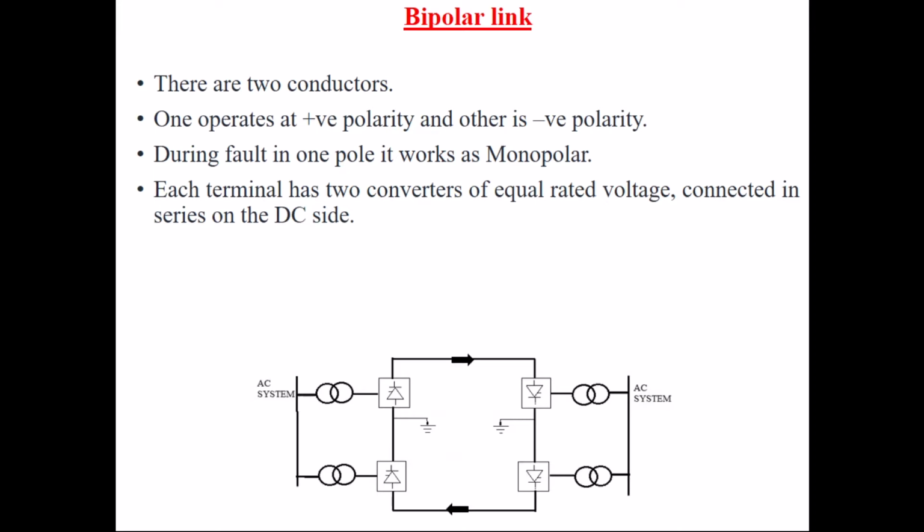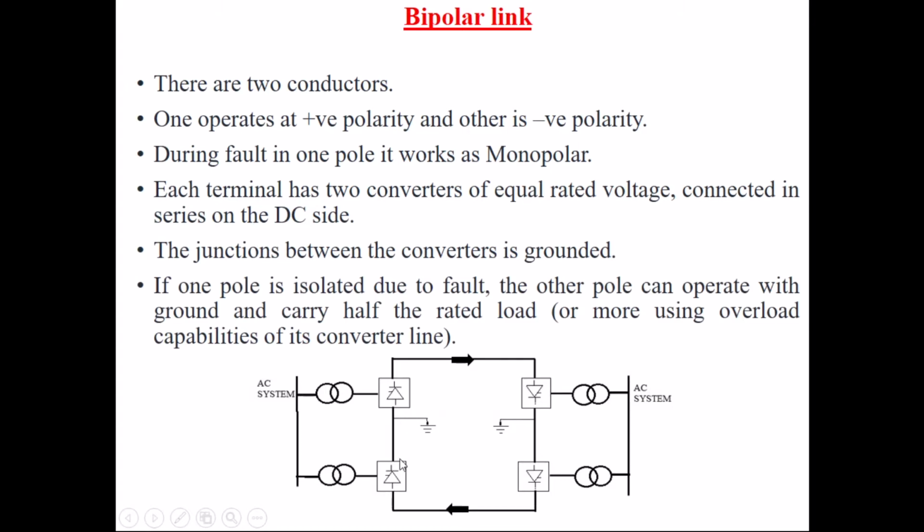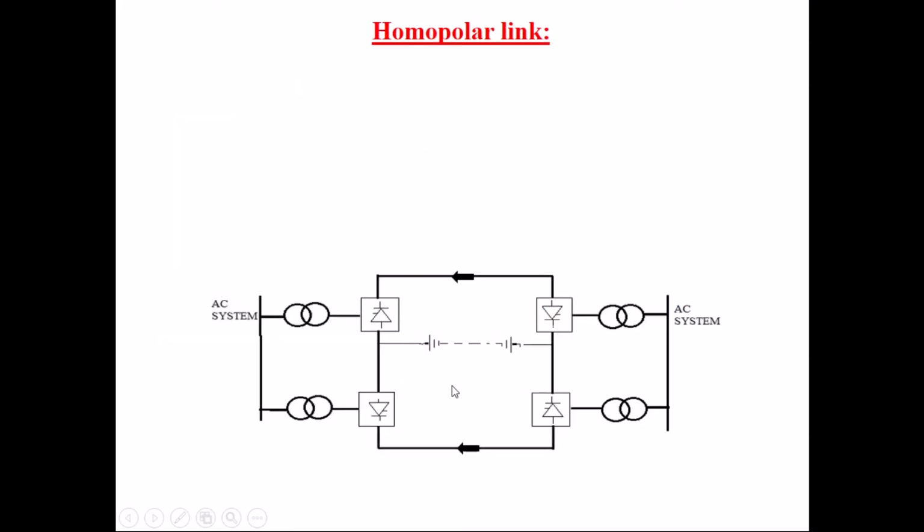Another thing is that in this bipolar link, at each terminal you require two converters, because here you are using two poles or two conductors, so one converter for one pole. You can see that at one end you require two converters, a 6 pulse converter and another 6 pulse converter. So it means in bipolar operation you require a 12 pulse converter. Same way at the receiving side also. And the junction between these two converters is grounded by the grounded electrodes. The next is the